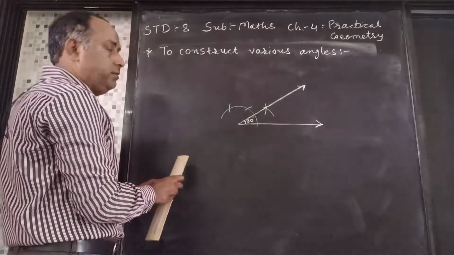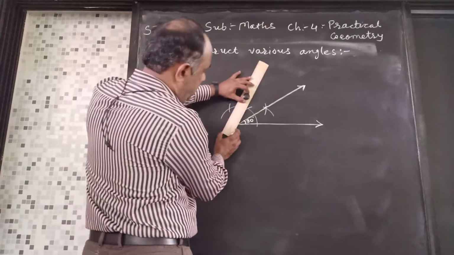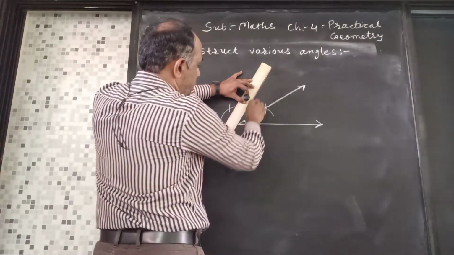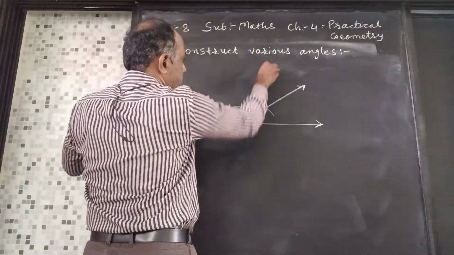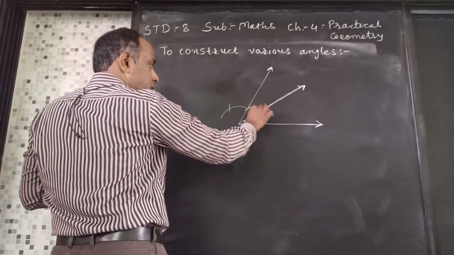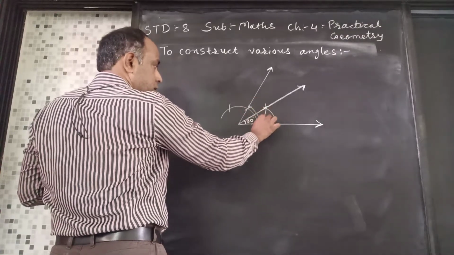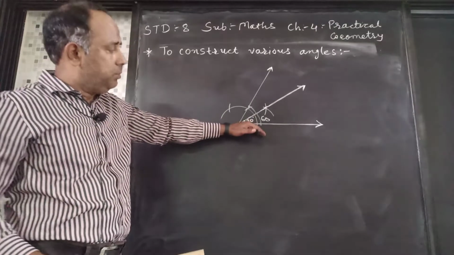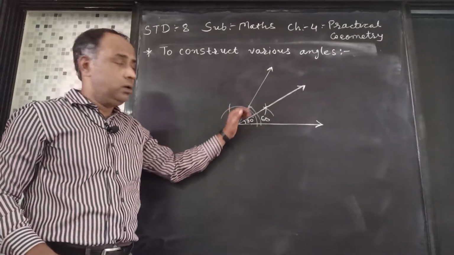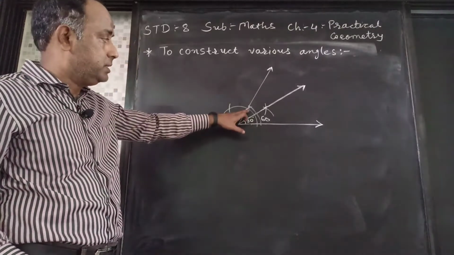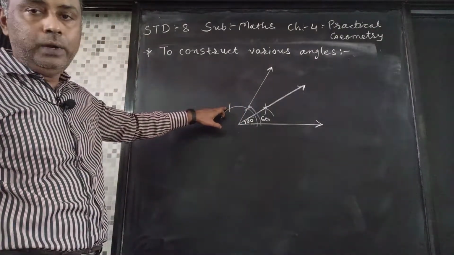And at the same time, my friends, if I draw a ray from this, it will be an angle of 60 degree, which is the double of 30. So till here it will be 60 degree. This will be 60 degree. Now one more thing, as I took the help of 0 degree and 60 degree in order to get the angle of 30 degree, the same way I'll be taking help of 60 degree and 120 degree.